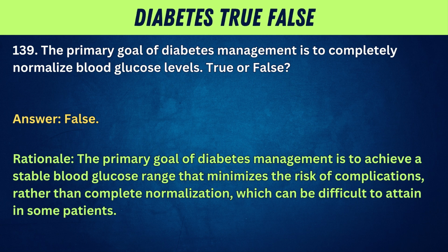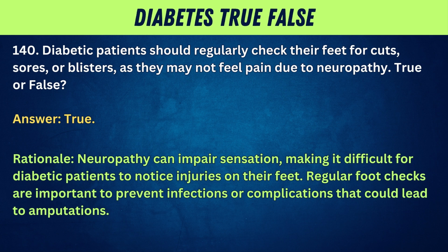True or false? Answer: false. Rationale: the primary goal of diabetes management is to achieve a stable blood glucose range that minimizes the risk of complications, rather than complete normalization, which can be difficult to attain in some patients. 140. Diabetic patients should regularly check their feet for cuts, sores, or blisters, as they may not feel pain due